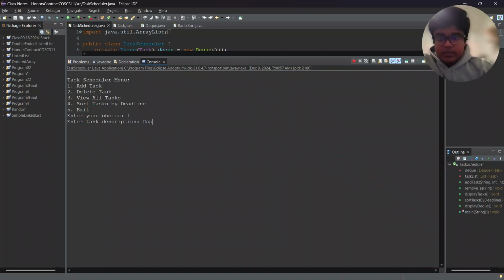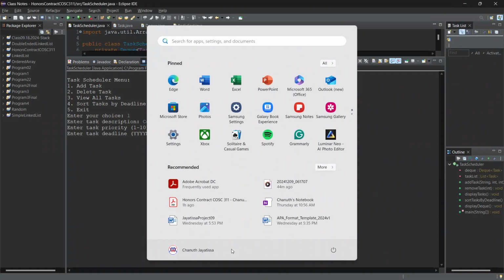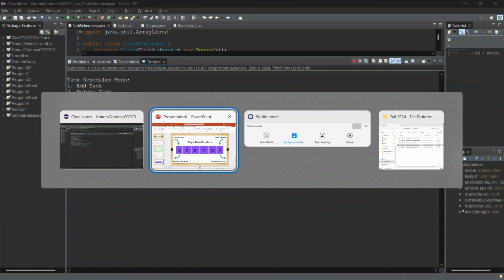You can say complete your homework. And then priority will be 3 and deadline will be,